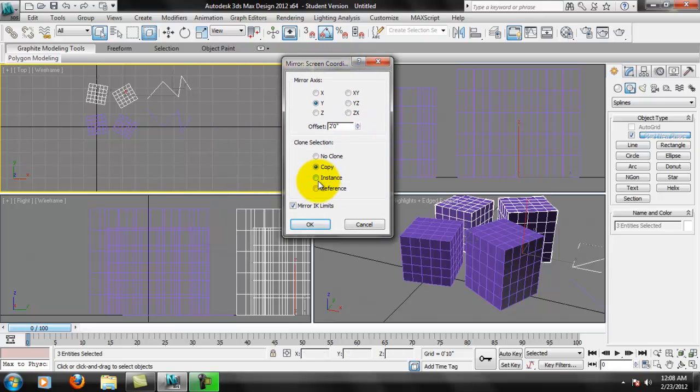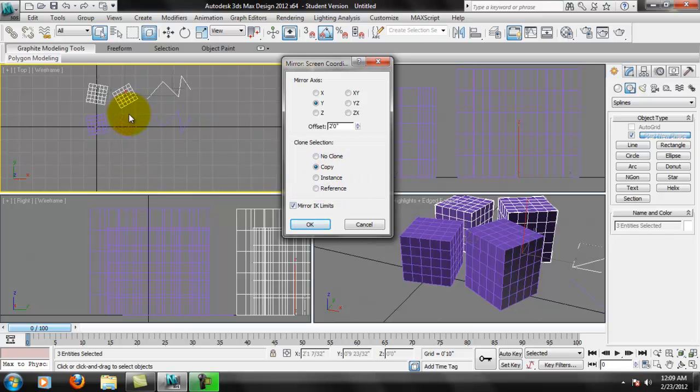Okay, there's also an instance and there's a reference. If you want it to be a separate copy, you don't want it to be affected by the other things, you make a copy, just a plain old copy. If you want an instance of this box, an instance basically means if I make certain modifications to this box, they'll also show up in my copy. This is really good for when we start creating lights, so that we don't have to go around and change every single light. If we adjust one setting, it will change all of the settings. So instance